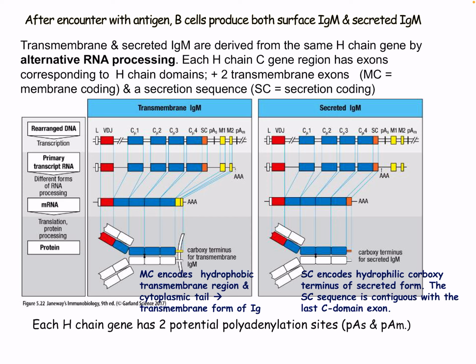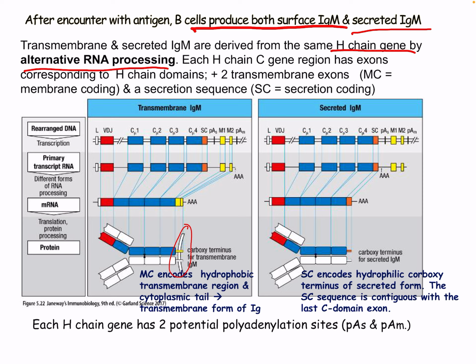So after encountering antigen, B cells produce both surface IgM and secreted IgM. And as I said, they're essentially the same, but here we have this transmembrane region, which we'll discuss. Transmembrane and secreted IgM are derived from the same heavy chain gene by alternative RNA processing. Each heavy chain constant region